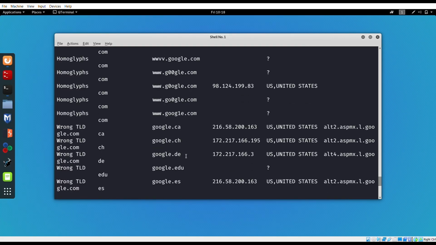So if we scroll down, we get these multiple wrong top level domains for google.com. From here, the companies can keep track of all the top level domains that can be used by scammers for their malicious intent. So let's try to open this google.de and see. Let's copy it and paste it in the browser.